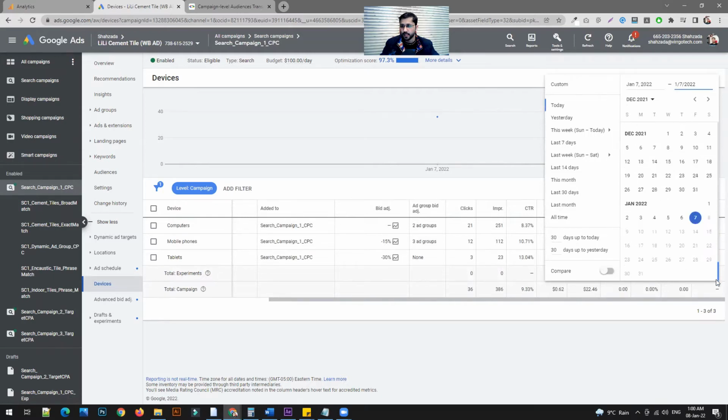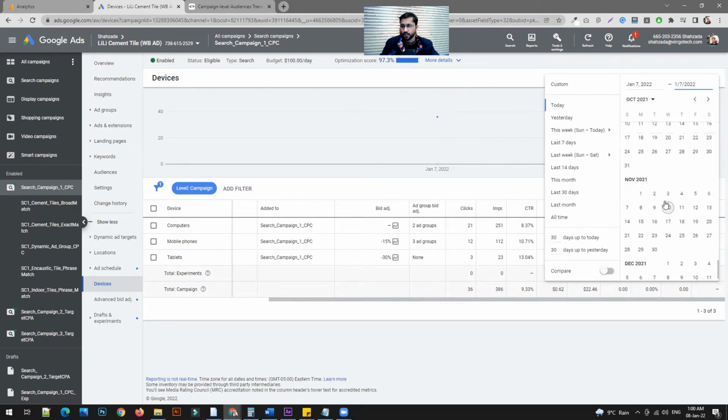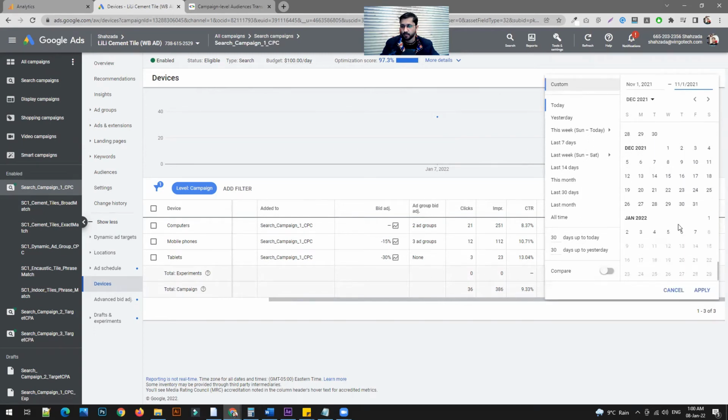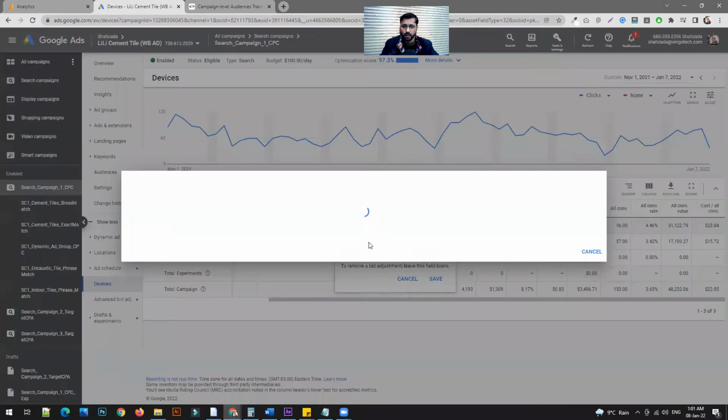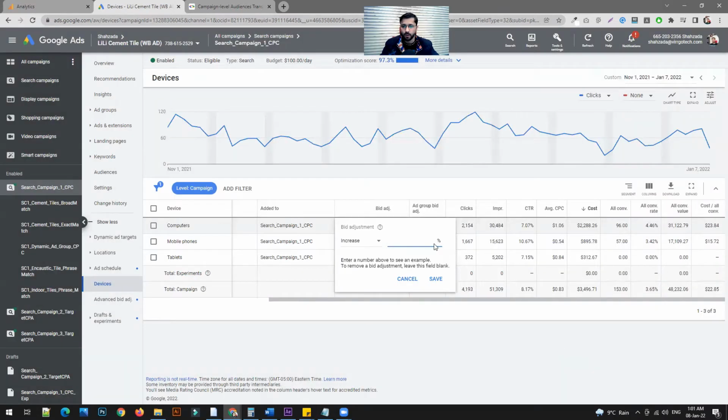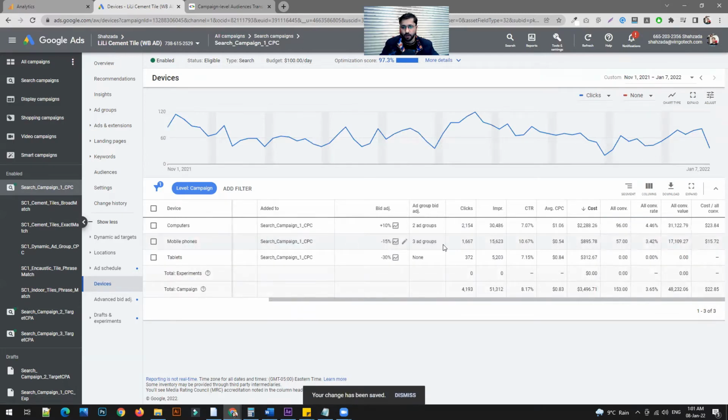Let's say for the last 2 months, right? So I can see here, the transaction values in the case of desktops are higher, right? And the conversion rate is also higher. So all I can do is go ahead and adjust the bids, increase the bid for desktop by a certain percentage, maybe 10% or 15%, and maybe decrease the bid for the devices that are not performing as good as the other